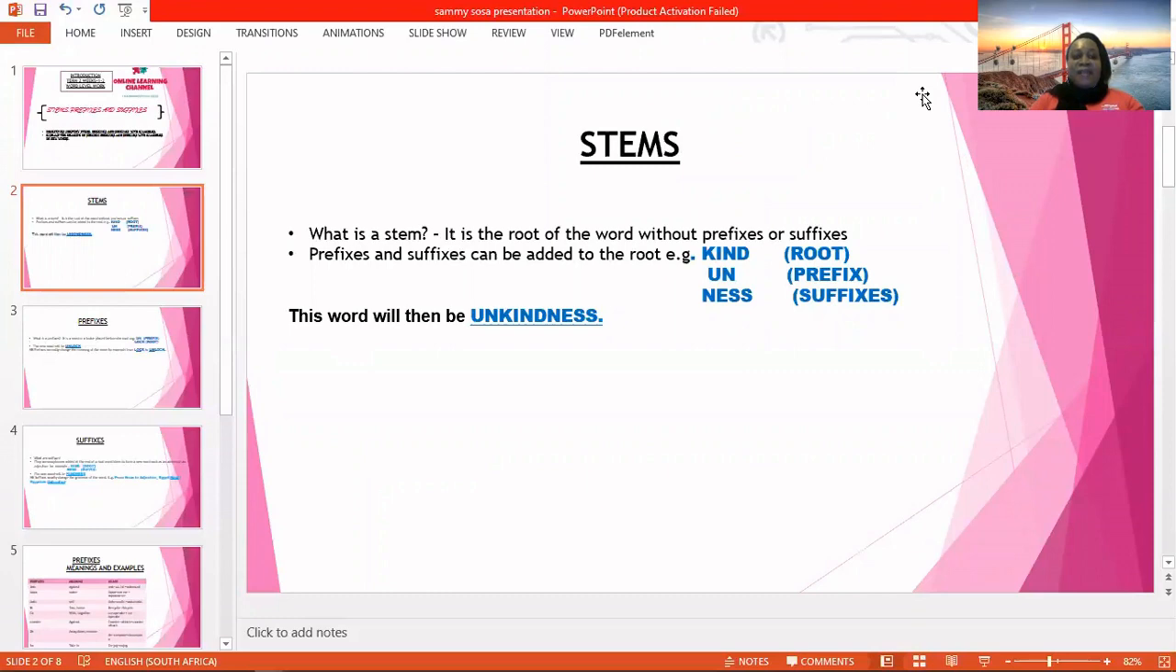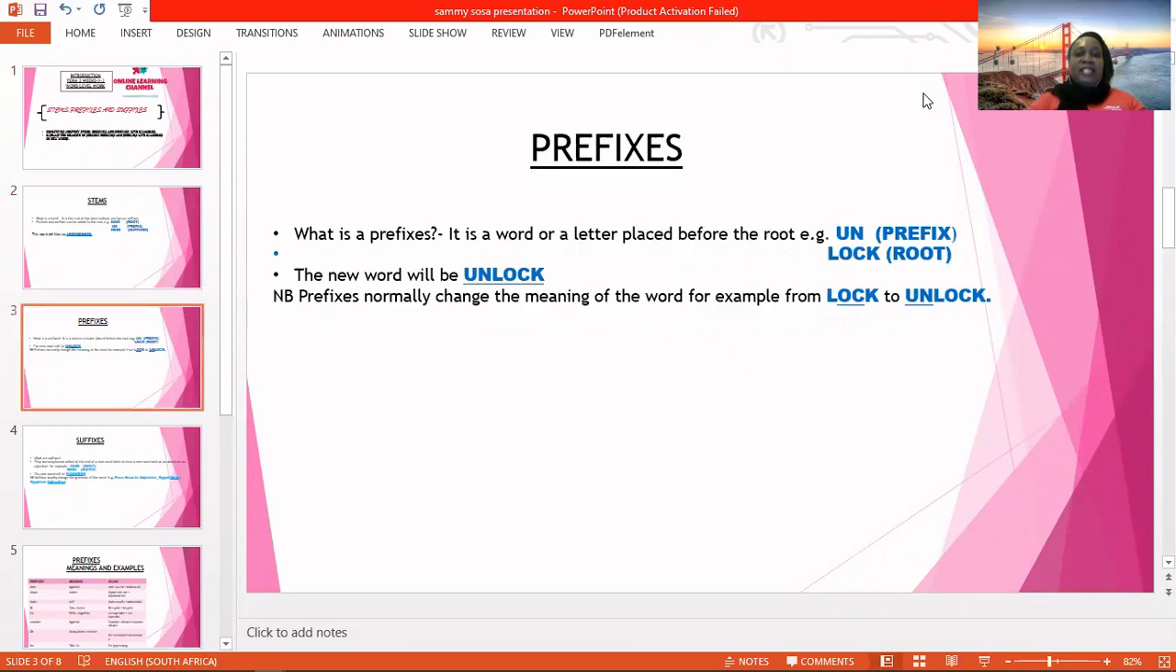I think that rings a bell. We have already learned about prefixes before, but most probably we're not so sure of what the root or the stem is, the prefix is, the suffix is. Right, let's move on to the next slide. The next slide